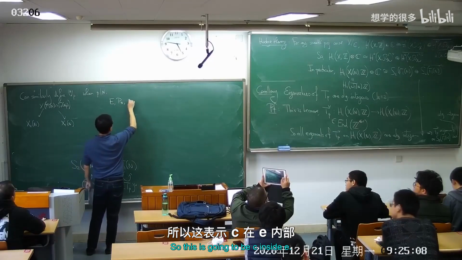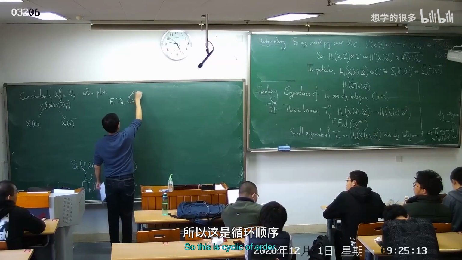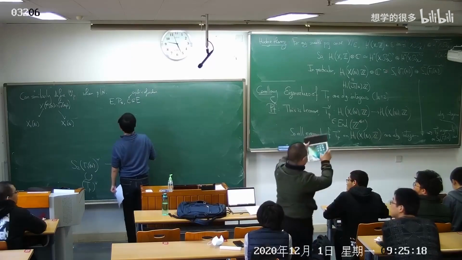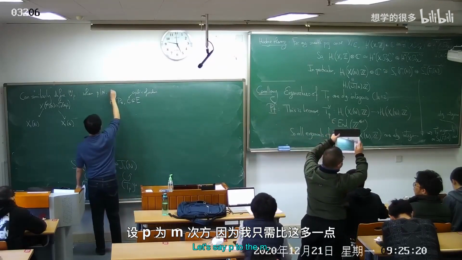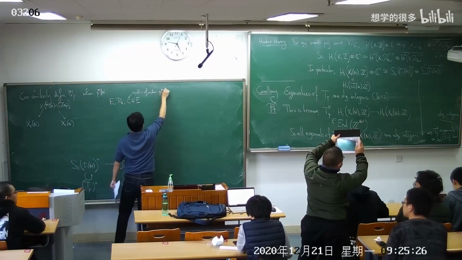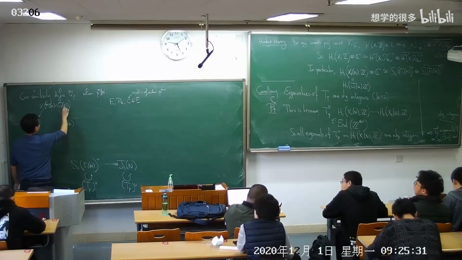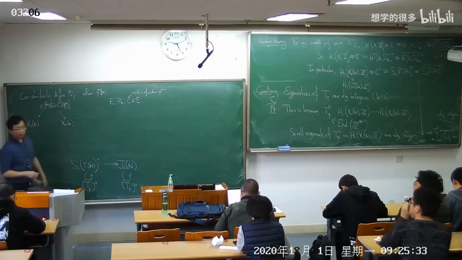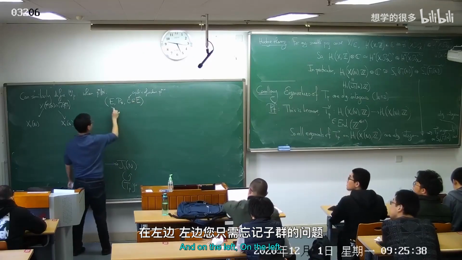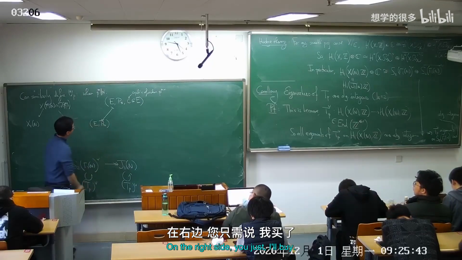So this is going to be C inside E, which is cyclic of order, let's say p^n exactly divides M. So I just need a little bit more than that. It's the same intersection as p^(m+1). And on the left, you just forget the cyclic subgroup. On the right hand side, you quotient out by